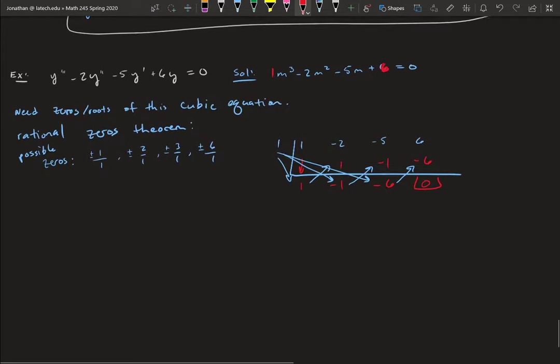So that means m equals 1 is a root, which means